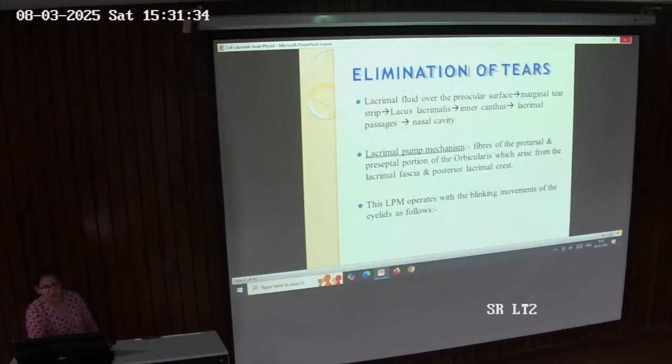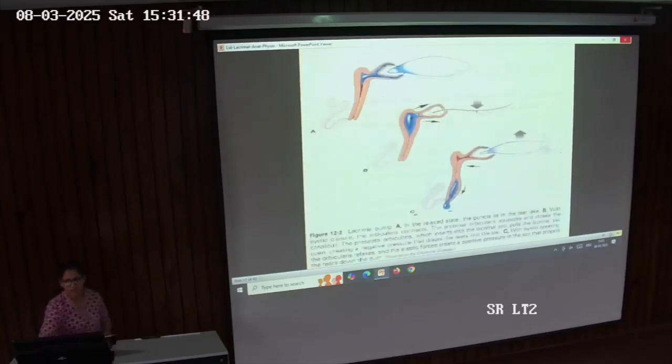So the fibers of the pretarsal and preseptal portions of the orbicularis muscle arise from the lacrimal fascia and posterior lacrimal crest, and they play an important role in the lacrimal pump mechanism. So what is the mechanism? In the relaxed state, the puncta lie in the tear lake, then on eyelid closure the orbicularis muscle contracts, and this creates negative pressure in the canaliculi and the fluid is pushed into the